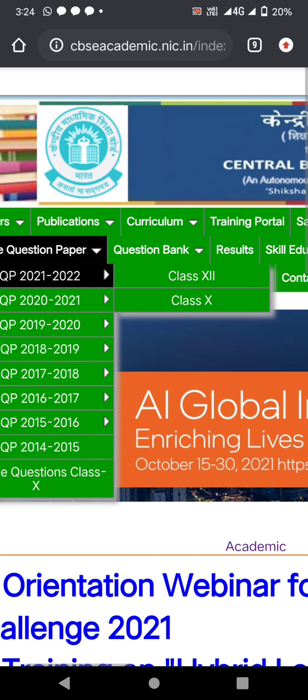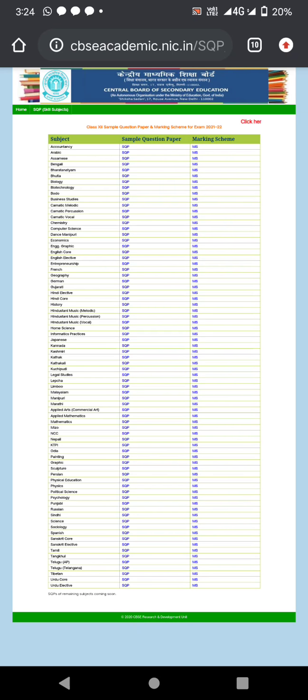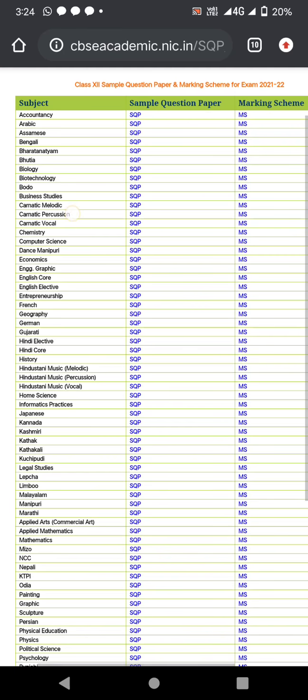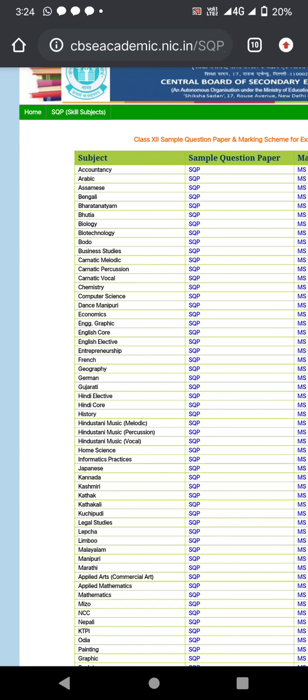And here you will select your class, as I am selecting class 12th. So here you can see various subjects, and corresponding to each subject you have a sample question paper and its marking scheme. Similarly, if you want to view the sample question paper for your vocational subject, like information technology code 802, for example, you have to view its sample question paper and its marking scheme. So for that you have to click here,